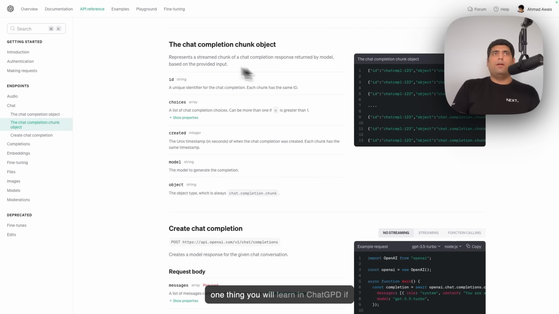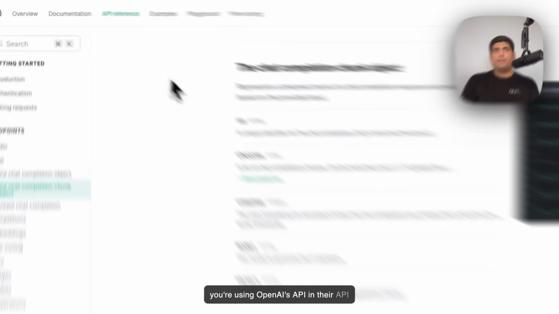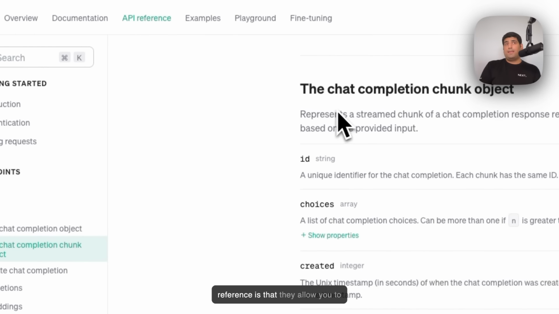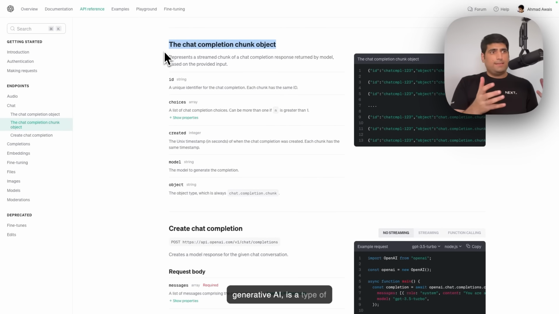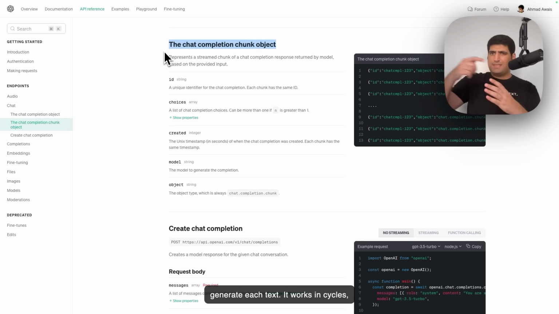And one thing you will learn in the ChatGPT for, if you're using OpenAI's API in their API reference, is that they allow you to stream data. GPT, generative AI, is a type of transformer. It is using a multi-head self-attention algorithm to generate each text. It works in cycles, right?